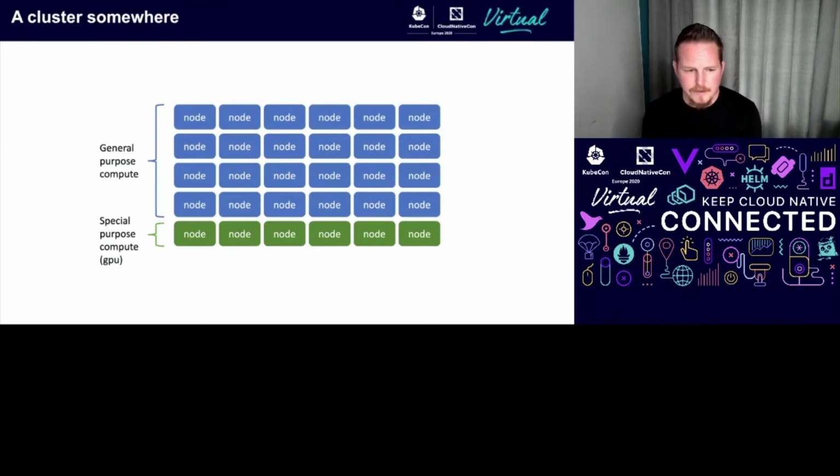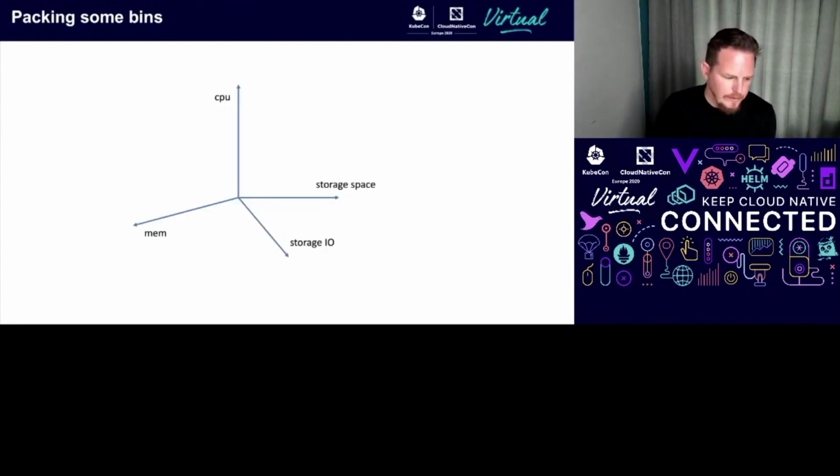And then the lucky part is if you are able to have some special purpose compute with additional GPUs in order to accelerate your machine learning workloads so that you can finish both training jobs and inference jobs a little bit more expeditiously. And collectively, this Kubernetes cluster that we're looking at here represents a fairly significant capital investment. So we want to make sure that it's used as efficiently as possible, right? We want to maximize our utility from this investment.